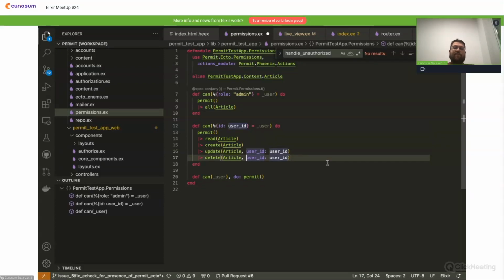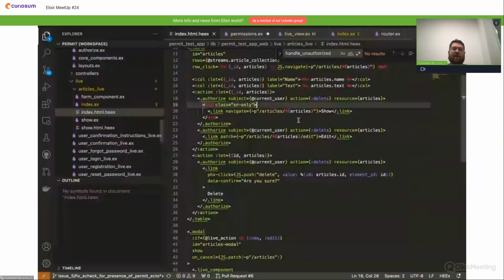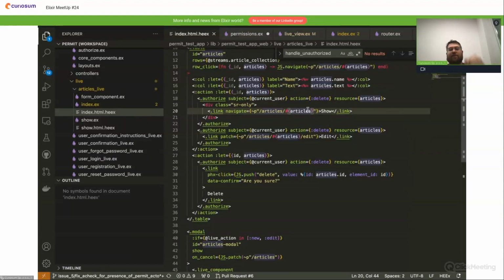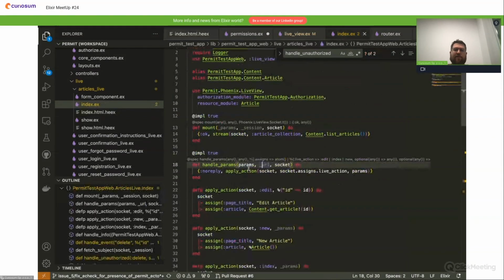But the delete thing is a bit problematic, because if you have a look at how this LiveView is built, then you can see that this link does a navigation to a different URL. So you go into a totally different route. This link, on the other hand, patches the URL in the current LiveView. So the live action changes, and you have the opportunity to react to that